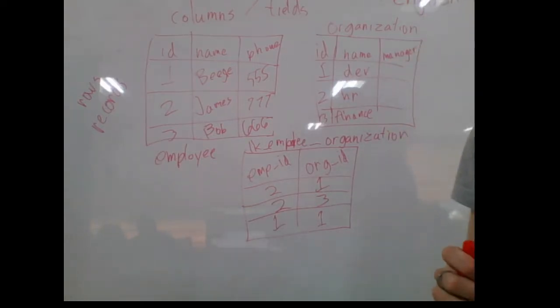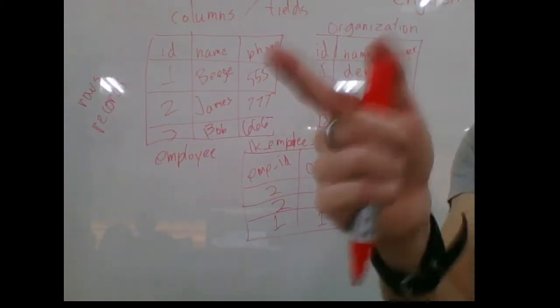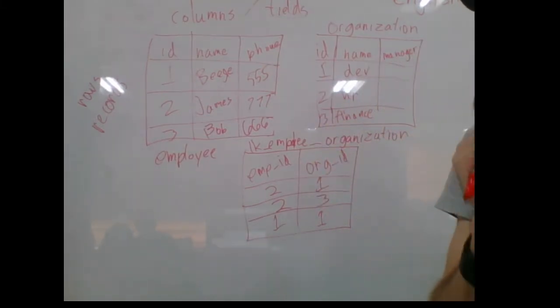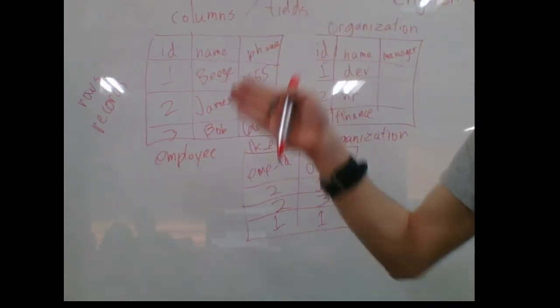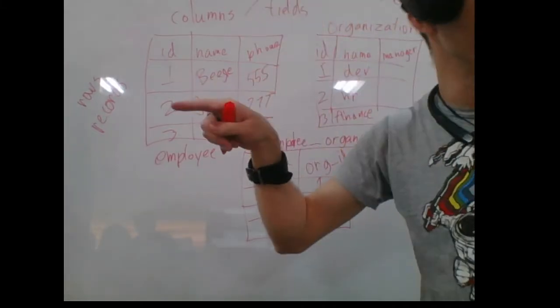Why wouldn't you create a field in the first table with like org 1 or 2 or 3? Because then I'm limited in the number of organizations that the employee can be in based on how many columns I make. So if I make only org 1, org 2, org 3,